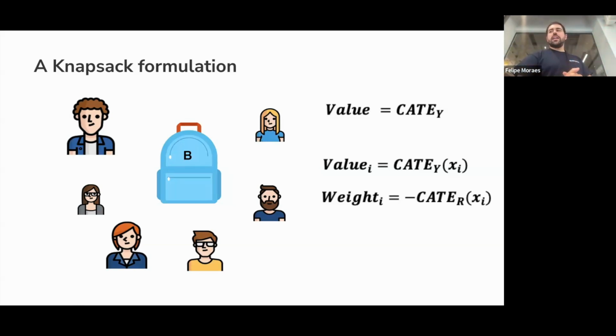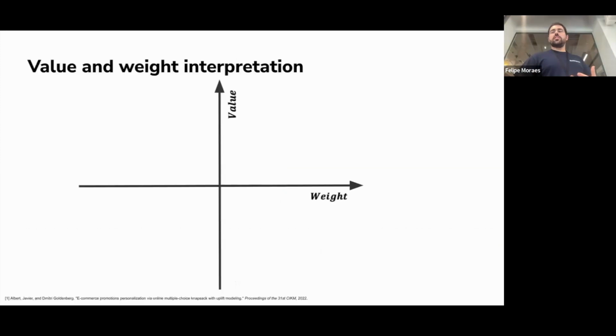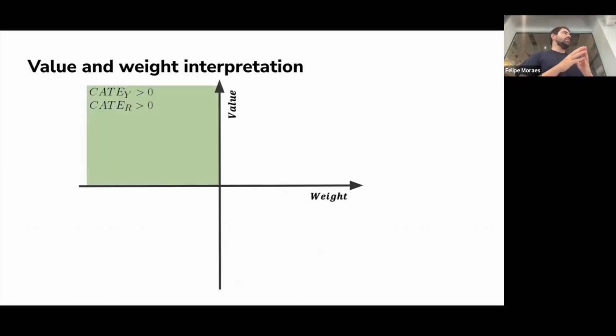The main idea is that the backpack has a limited weight that it can handle, which is B. If you are making profits, so if you are in the green area, the intuition is quite similar. You are creating space in the backpack. Your negative weight is a backpack that is bigger. So the backpack has a space B. As soon as you have something with a positive revenue in this green area, the backpack just grows a little bit in space. So this is the intuition, if you're still thinking of a backpack.